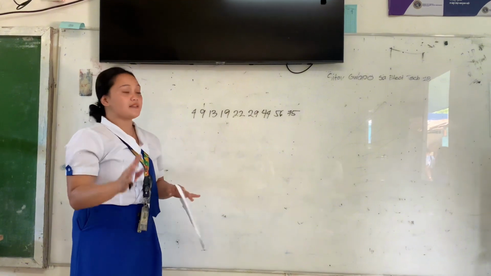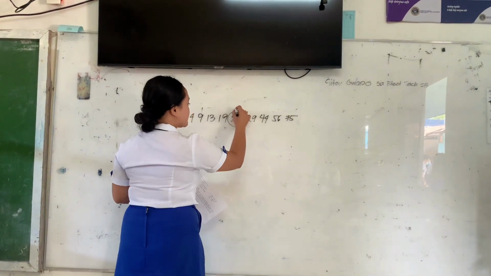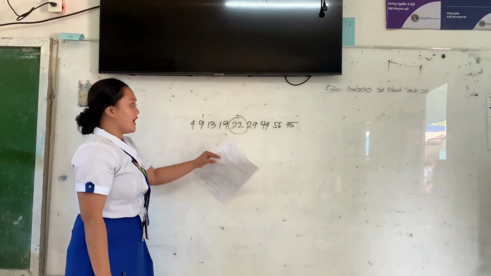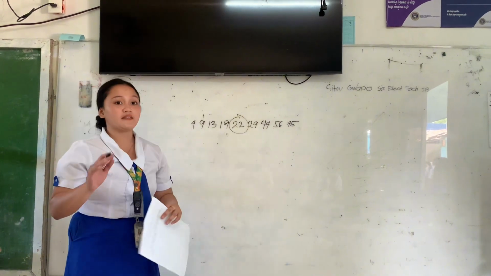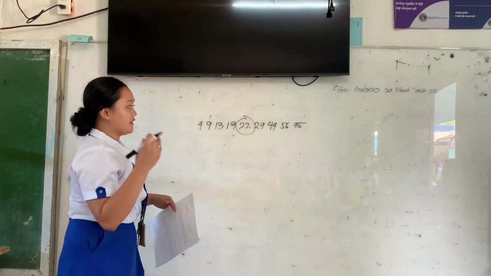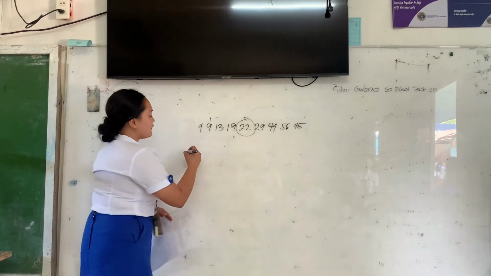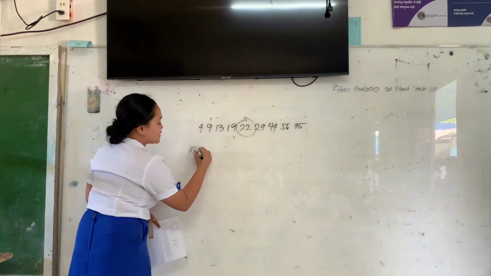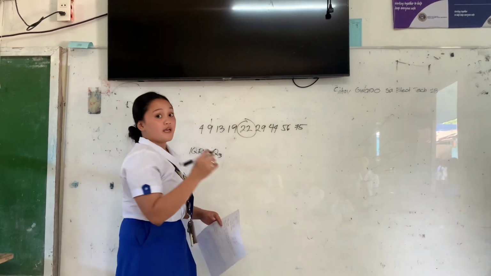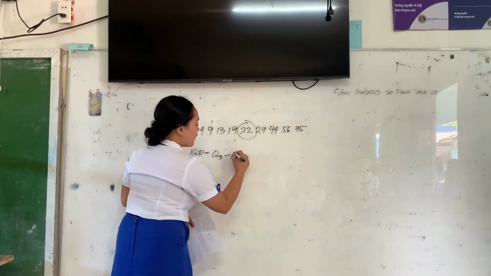You get the median first. Our median here is 22 because it is the center of all the data. Then you get the first quartile and the third quartile. Remember our formula: interquartile range equals Q3, the upper quartile, minus Q1,